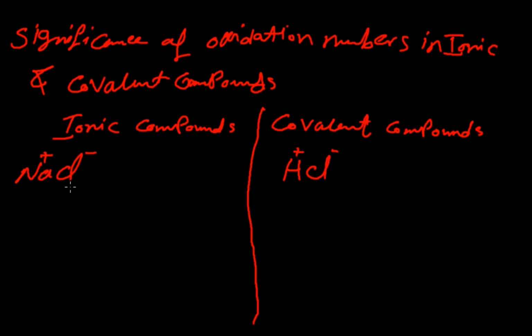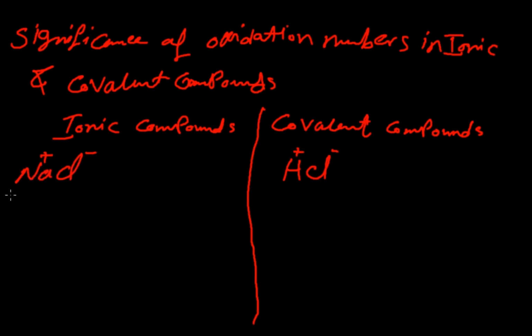Here the chlorine atom takes away the electrons of the bond towards the chlorine atom, and the type of bond here is electrostatic attraction between the negative charge of the chlorine atom and the positive charge of the sodium